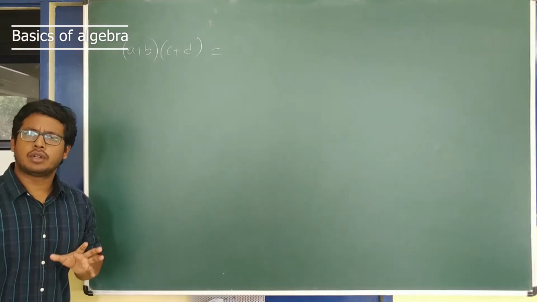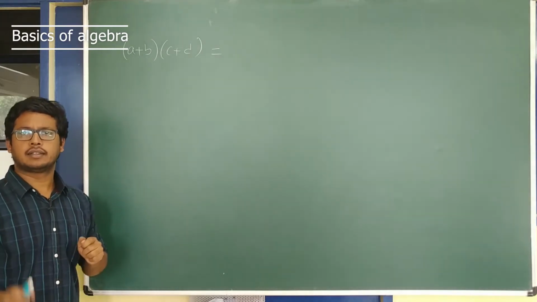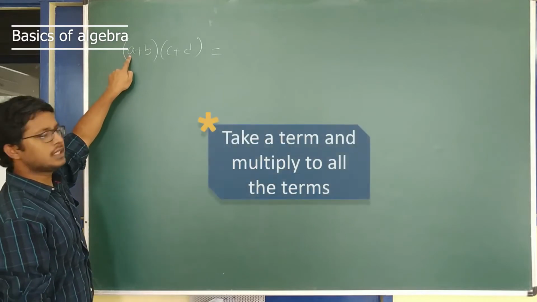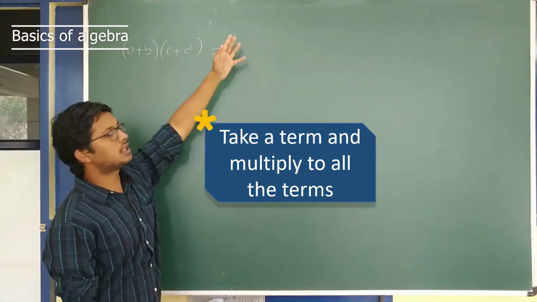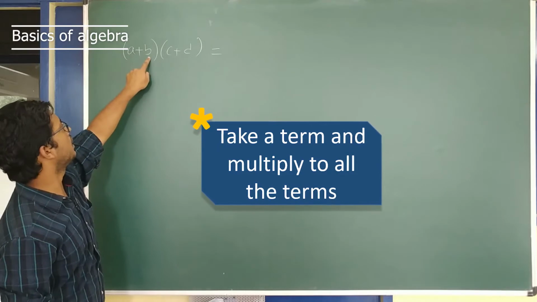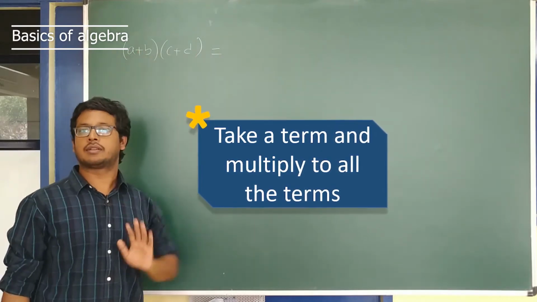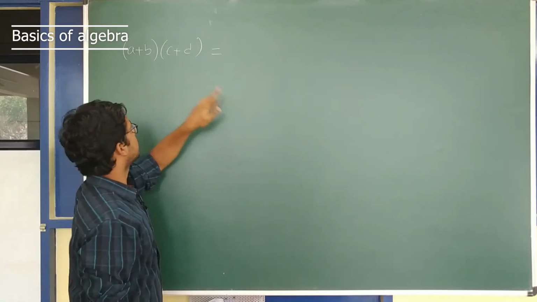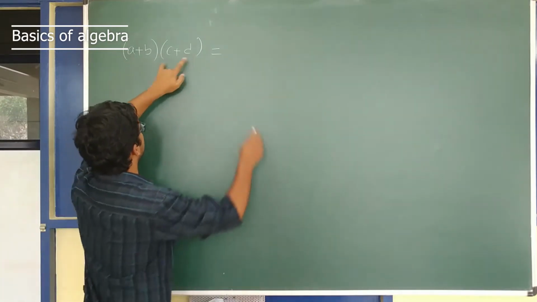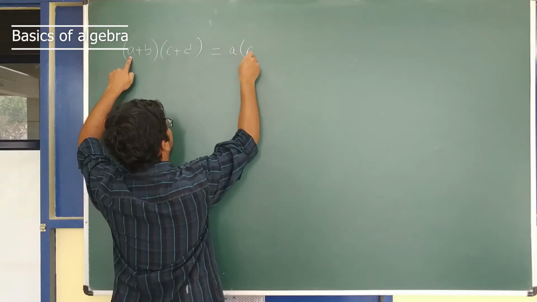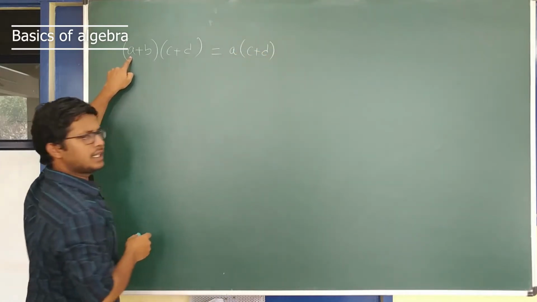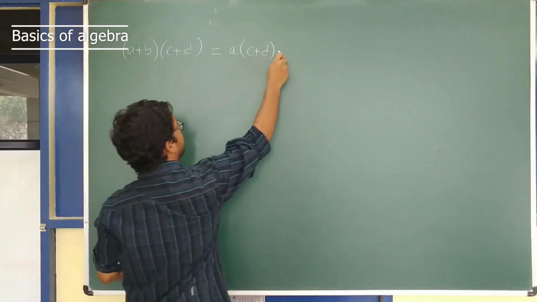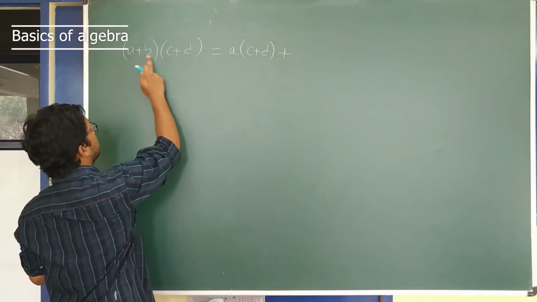Follow the same rule that I said in multiplication of a monomial by a polynomial. You take one term of this and multiply to all the terms of this. Similarly, you take one term of this and multiply to all the terms of this. Very simple. If you get confused, you can write step by step. So you take one term and multiply to this one. So this will be a into (c + d). You can write this intermediate step if you want, or you can even skip this one. So a into (c + d) plus b into